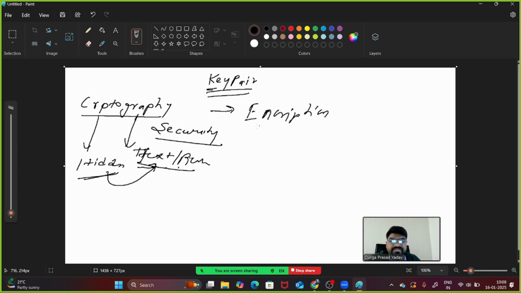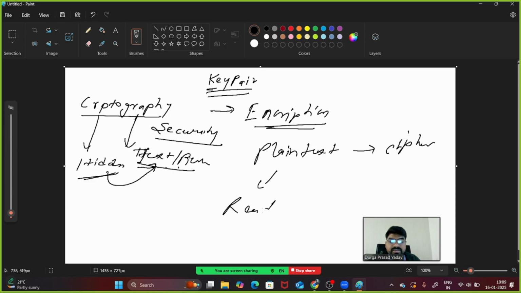Encryption is the process of converting plain text to cipher text. Plain text is readable and cipher text is unreadable for any kind of user, right?